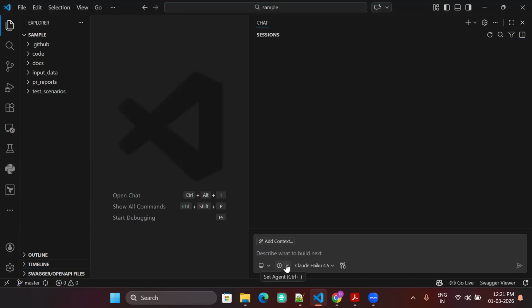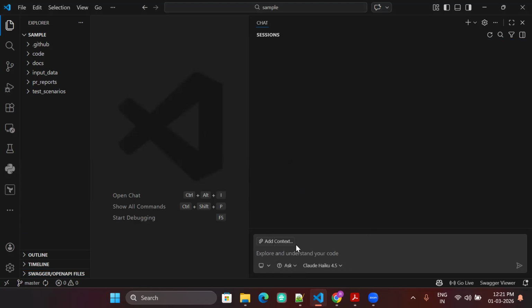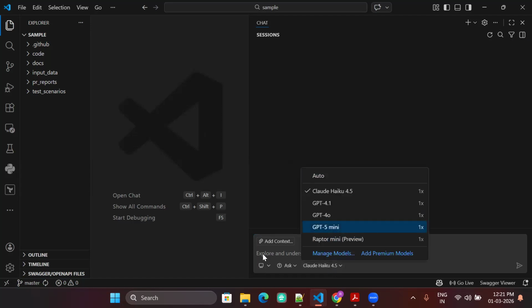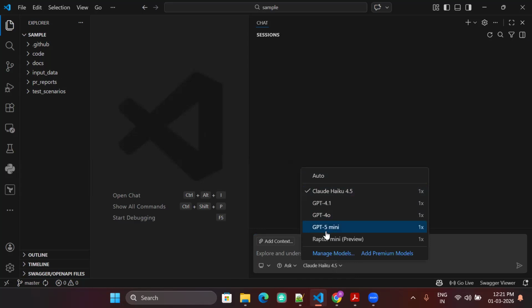And then if you go to Copilot, there are two things: agent mode, plan, and ask. Many companies were giving only ask mode initially, which means if you ask something, it will give you a response in here itself. It is not able to take any action here. And you can use one of these models: Gemini models, Claude models, GPT models. This is the free version which I am using, but you can also add premium models. If you are in your company or organization, they provide a lot more models, as you will see from here. So you can choose any of the models.